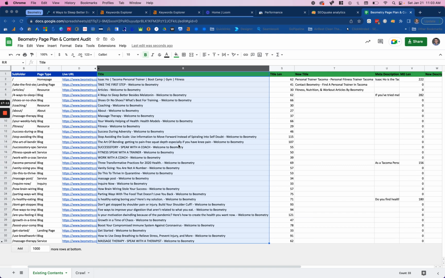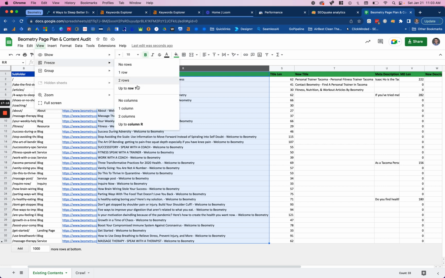Okay, I had to go through and fix that. I didn't realize it, but I was clicking unfreeze rows instead of columns.